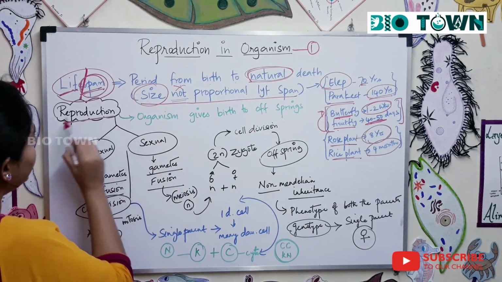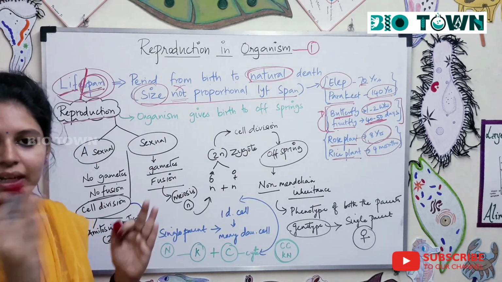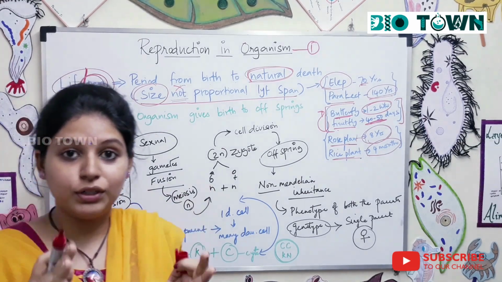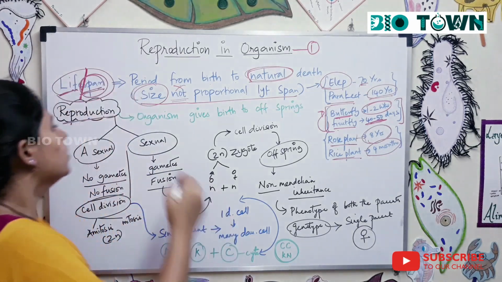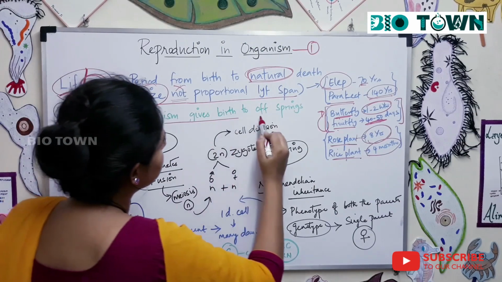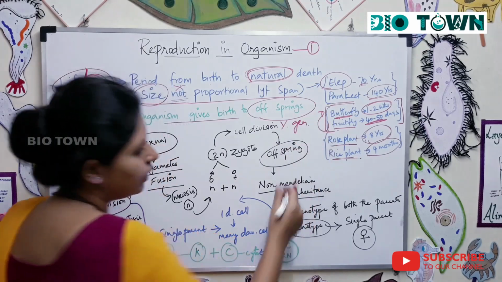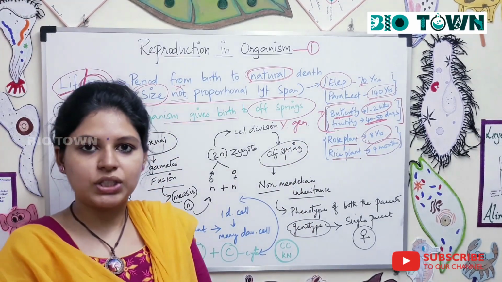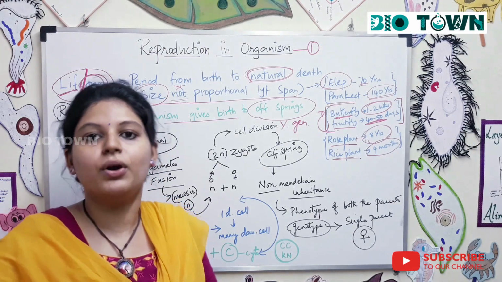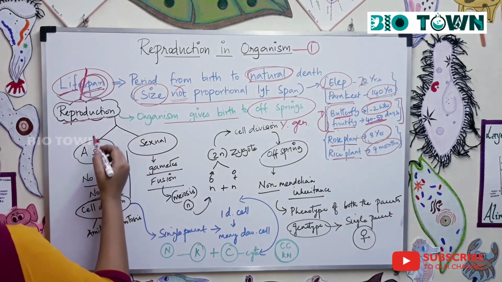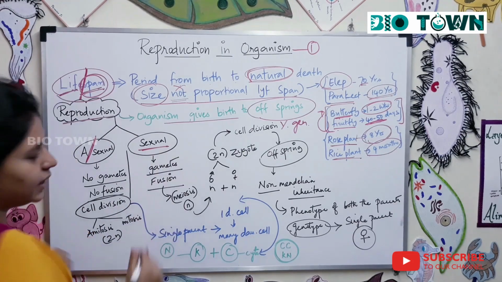Next, an important characteristic of a living organism is reproduction. It has to reproduce again to continue its own generation, to continue its own progeny. So reproduction is when the organism gives birth to its offspring, that is the younger generation, right? Mom gives birth to her child. That child grows up, gives birth to another child, and that child. So the progeny continues. So in reproduction, we have two types of reproduction. One is asexual, the other is sexual.